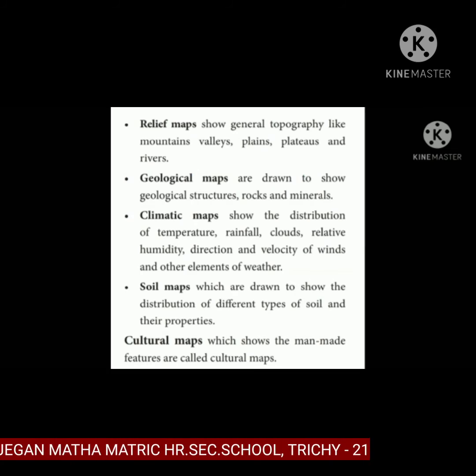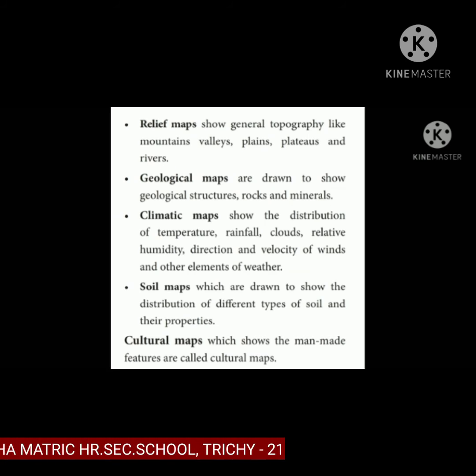Relief maps show general topography like mountains, valleys, plains, plateaus, and rivers. Geological maps are drawn to show geological structures, rocks, and minerals.